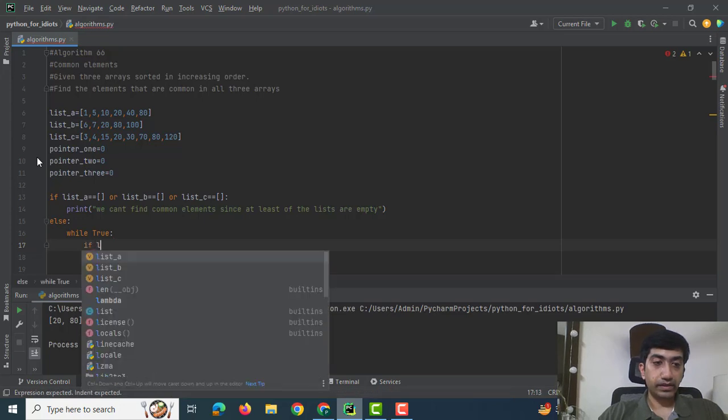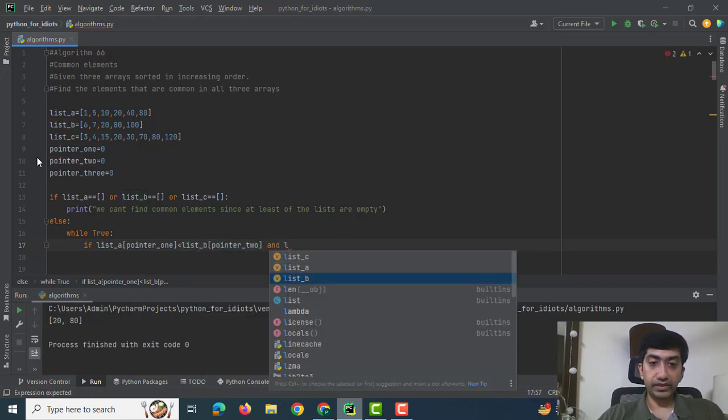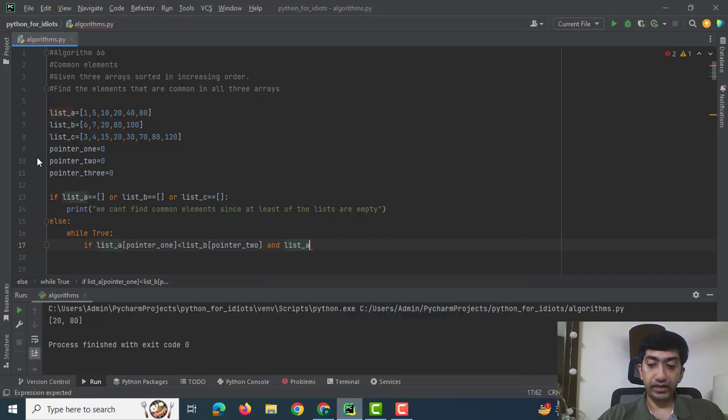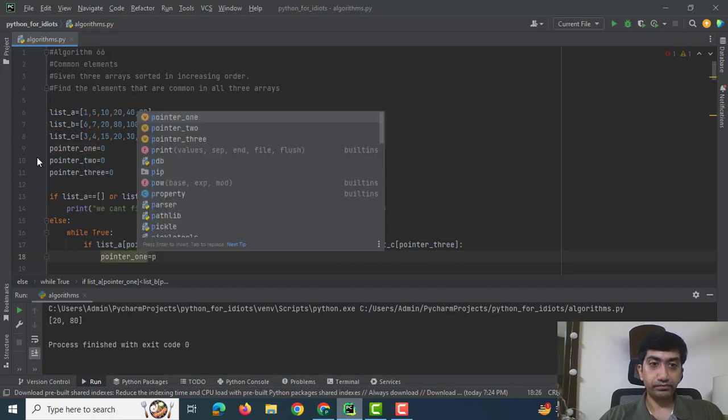If the value at a particular index of list A is lesser than the value of list B, and the value of list A at a particular index is lesser than the value of list C at a particular index, then I would increment the pointer 1 by 1 point.